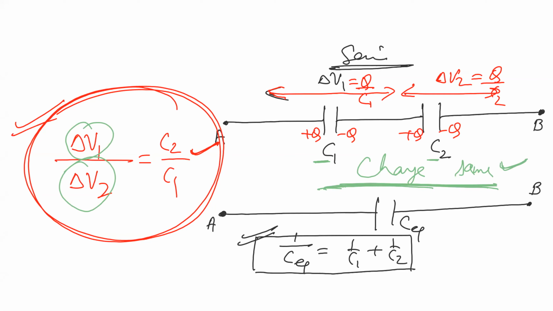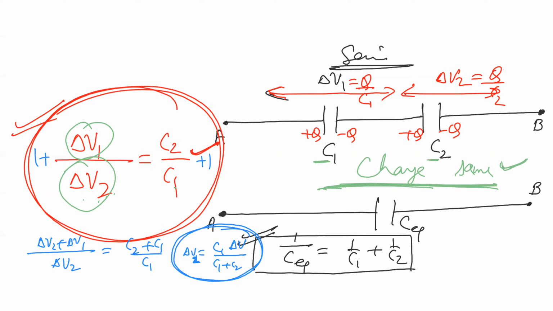Now, the second thing is potential difference. In the question they will ask, what is the potential difference across C1? What is the potential difference across C2? So we should understand that delta V1 by delta V2 will be C2 by C1. Inverse ratio, not direct ratio. So we can add 1 on both sides to solve it mathematically. We will get delta V2 plus delta V1 divided by delta V2 is equal to C2 plus C1 by C1. From here, what will be delta V1, delta V2? Delta V2 value will be C1 times total delta V divided by C1 plus C2.